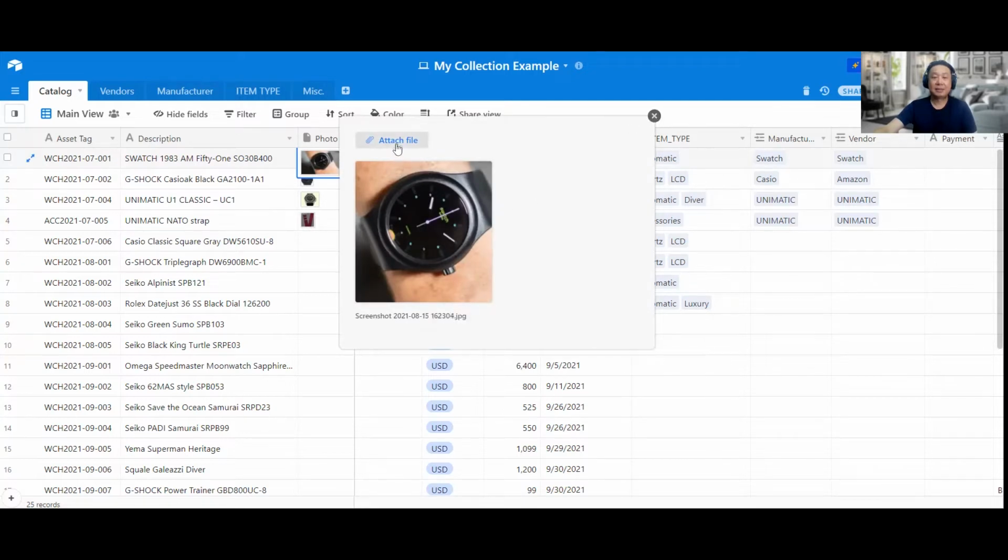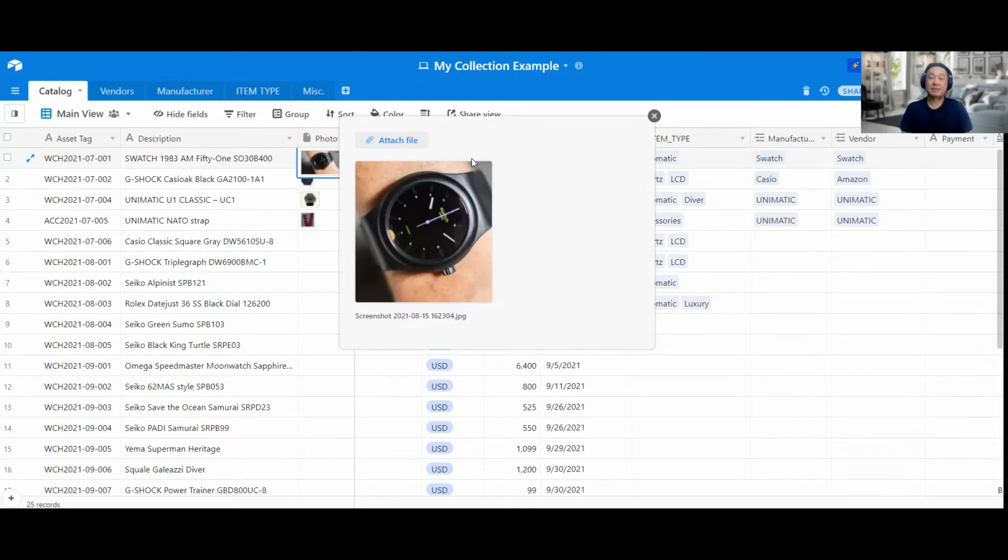And you can see I could do more than one attachment. So what else would I do? I can also attach the receipts, for example, of the watch. And also maybe a warranty card, scan and then put it on there as well. But I would strongly advise, if you put stuff like that, since this is online, I would